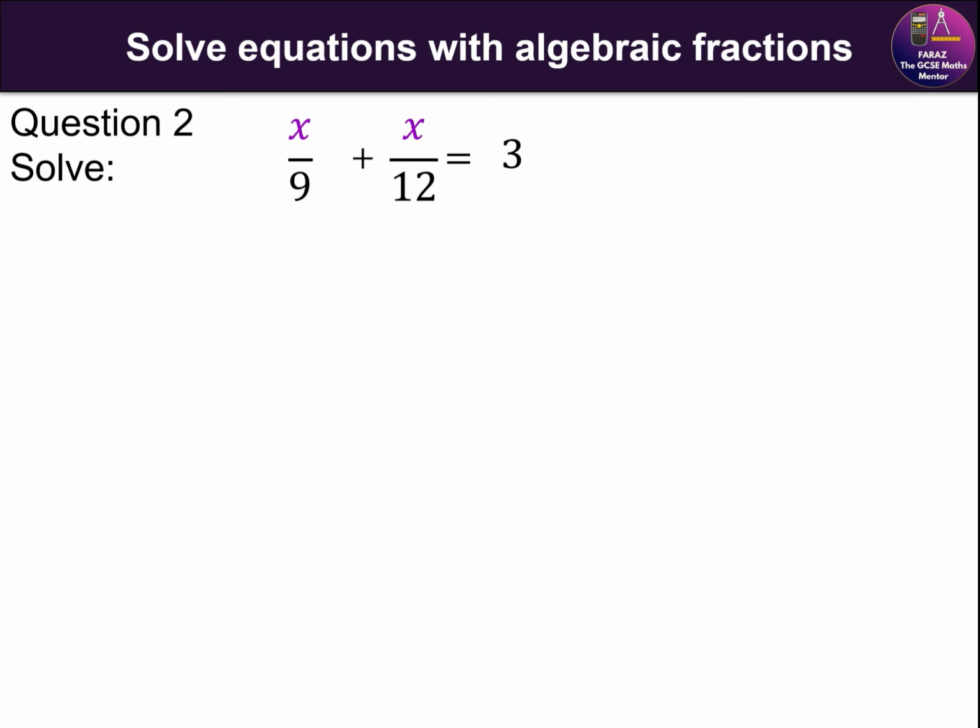x over 9 plus x over 12 equals 3. Okay, the first thing here, we have to take the LCM between 9 and 12. So if you are still confused about how to take the LCM between the denominators, let me teach you again. First of all, you have to write 9 comma 12